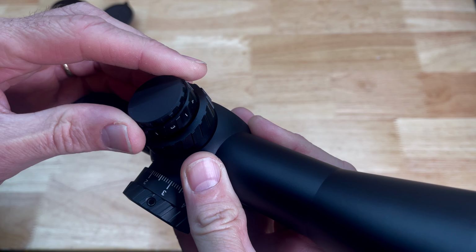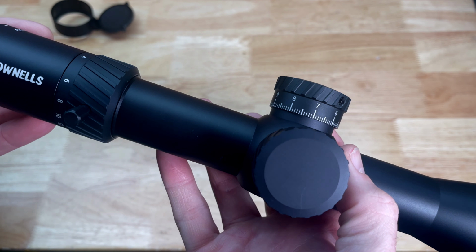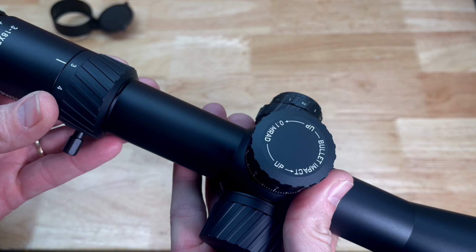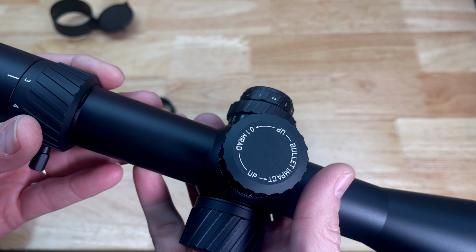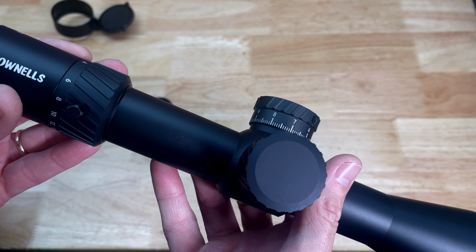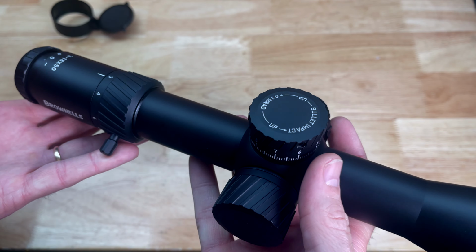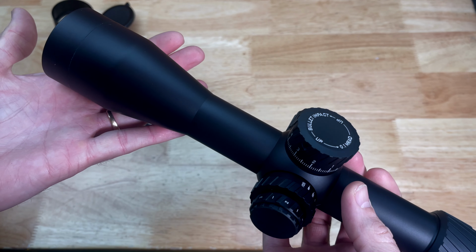Now, as far as the Viper PST, I would say this is actually a better quality optic than the Viper PST. So that brings me to one of the things that I am going to do with this optic. I do have a variety of optics that are very similar to this one that are first focal plane and cheaper optic options as well as more expensive. As far as the more expensive, it's actually the Viper PST, but it's the Gen 1. I will do some comparisons side by side between the Viper PST Gen 1, as well as a Swamp Fox optics, which comes in at quite a bit less than this guy. So just so you can see what you're getting when you decide to pick up one of these optics from